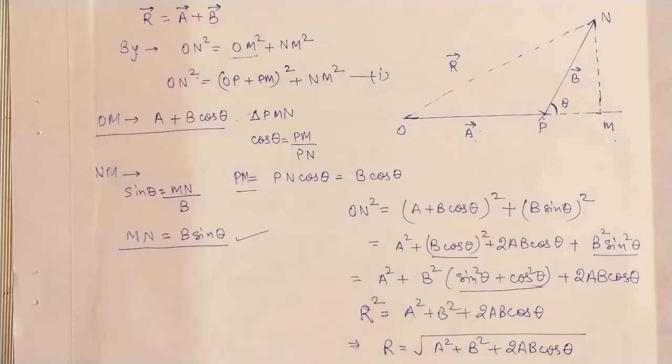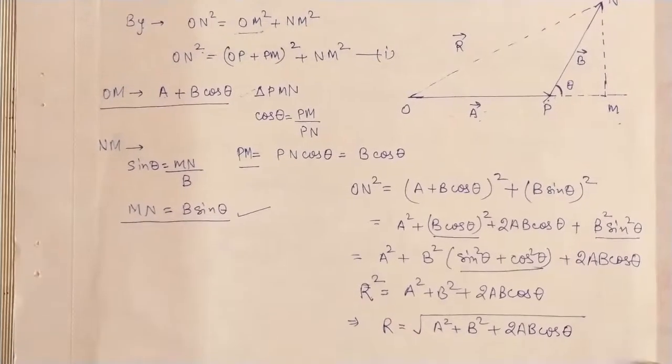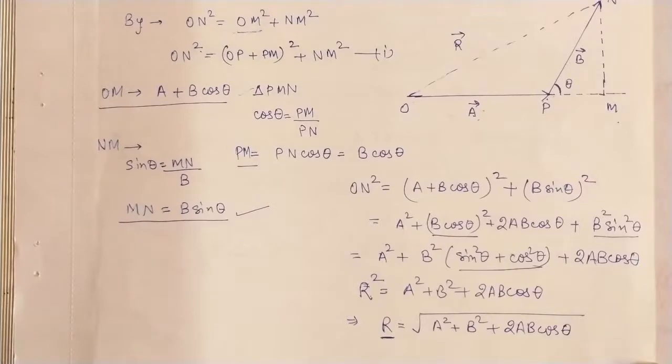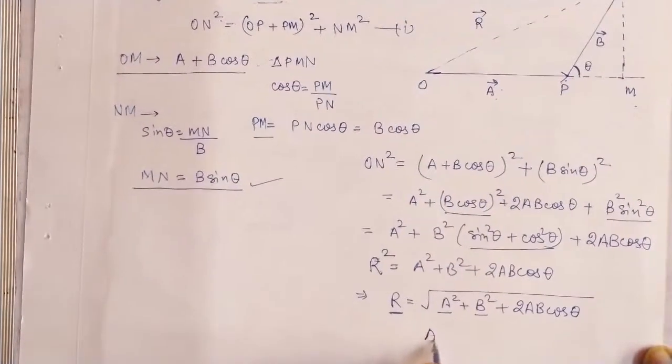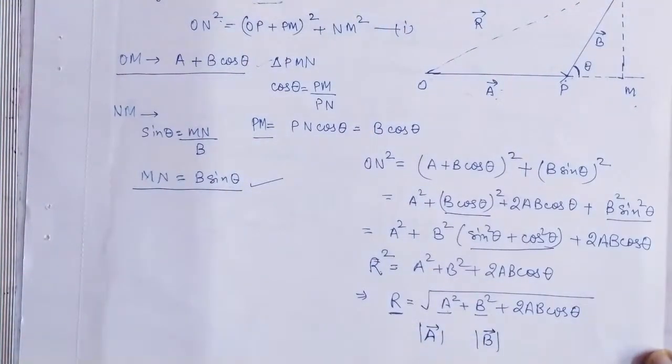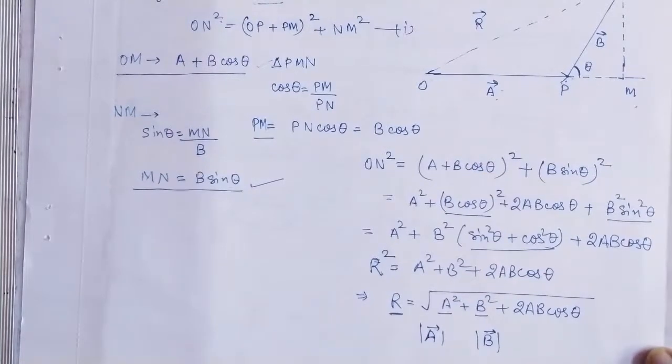Now one thing you should always remember, that we are calculating the magnitude of our R. A is also used, B is also used. So all things that are written here are only magnitudes. There will be no negative sign because of A and B, because A is the magnitude of A, and B is the magnitude of B. So if your B is in the negative direction, do not take a minus sign, because that is just the magnitude. All your negative direction will already be covered in this theta part.